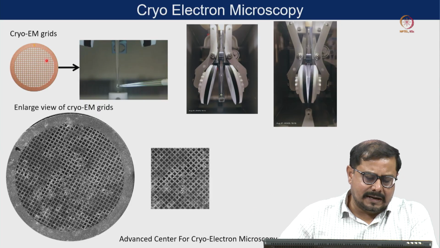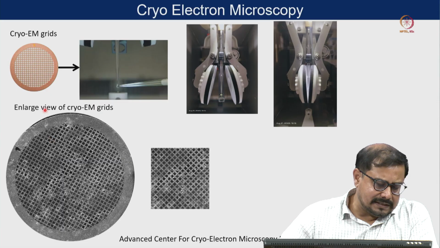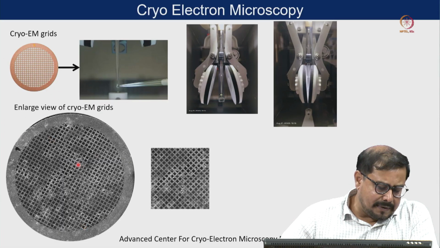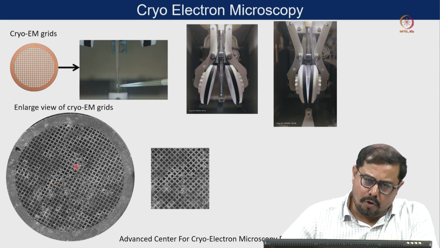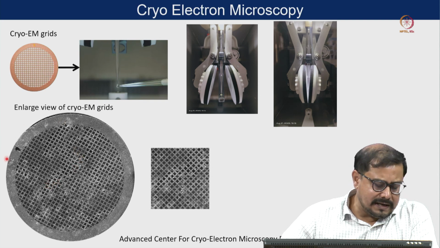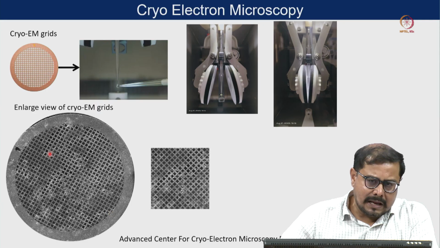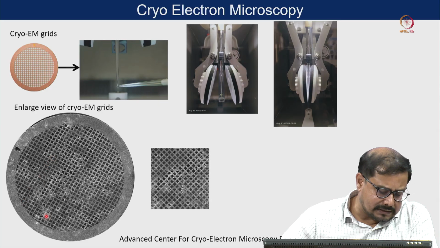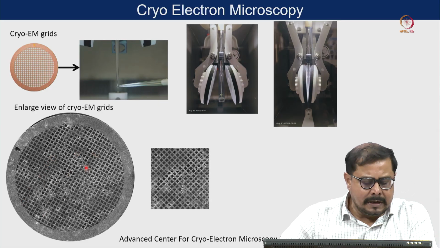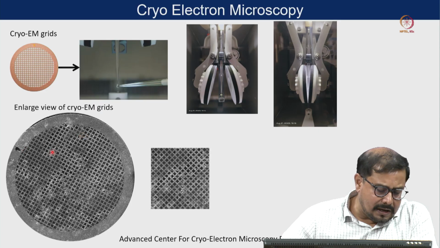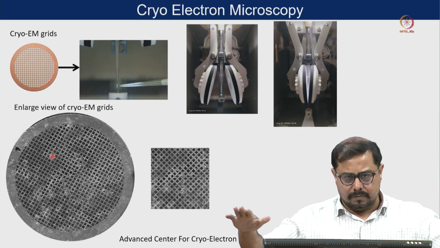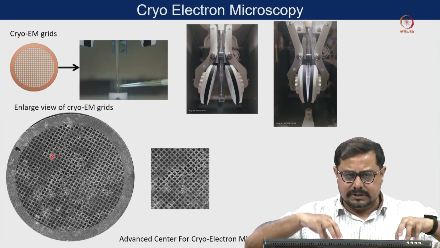Now this is a very flat grid. If you come here, you can see the enlarged view of this grid, and this is an SEM image. In many places you can see some broken carbon areas. I intentionally selected this grid so I can show you at higher magnification. In the same grid, you can see some areas where there is a continuous carbon layer and some areas where there is a broken carbon layer. Wherever you have a continuous carbon layer, that will give you a very smooth background, and then you have the holes inside that.